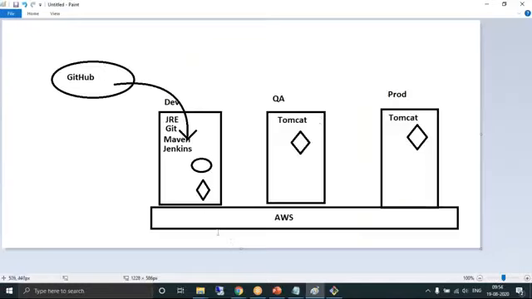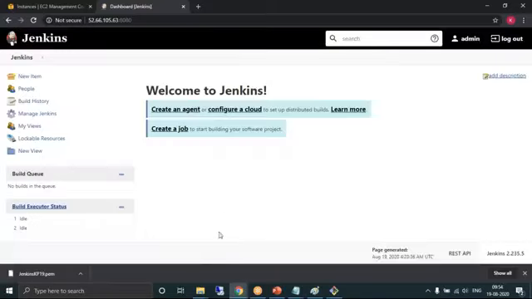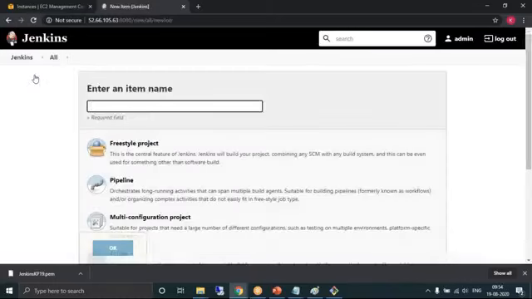Now let's make ourselves comfortable with the Jenkins environment. I want to create a job in Jenkins. Whatever activity you need to do, you create a job. Any small activity you want to perform, you need to do it in the form of a job. You can create a job by clicking here, or by using New Item. I'm creating a new job, that's nothing but clicking on New Item.